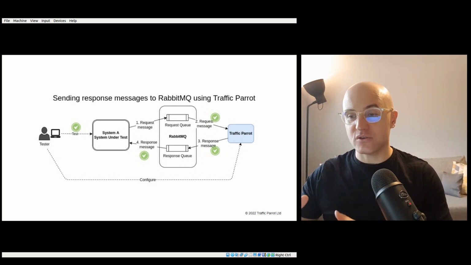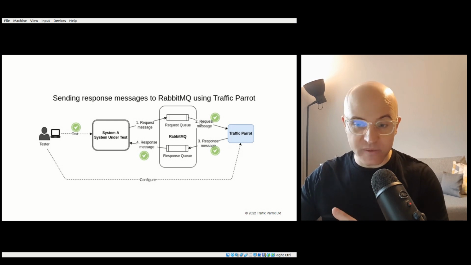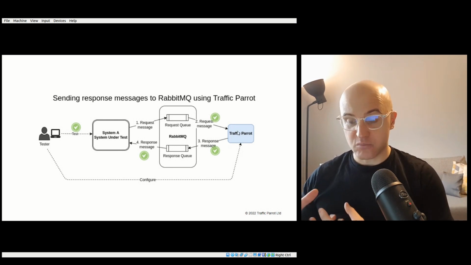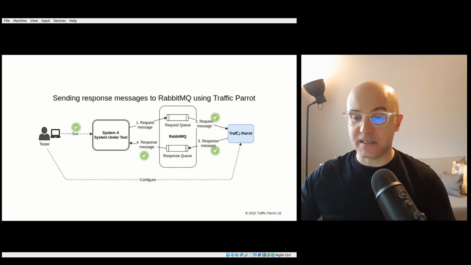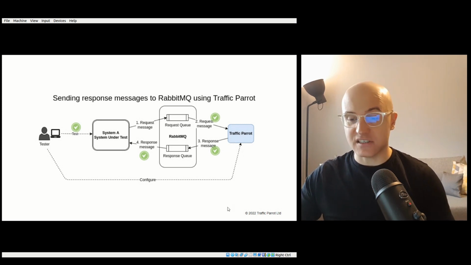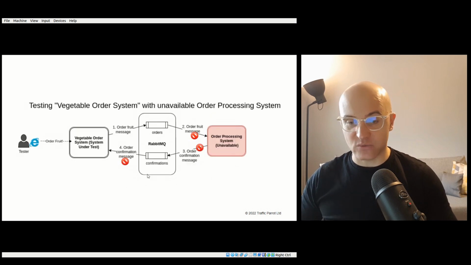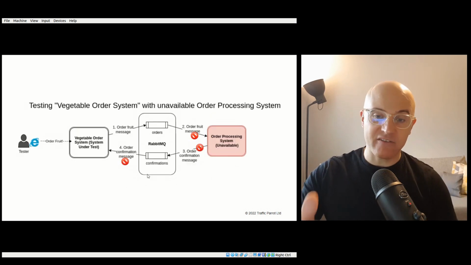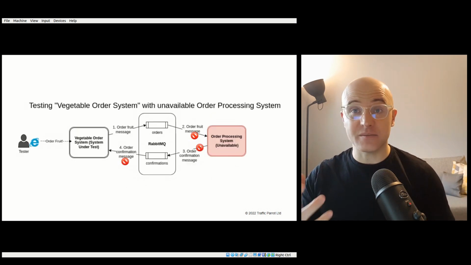So in this case, we're using Traffic Parrot. Traffic Parrot will be consuming those request messages, doing processing and producing the response messages. And the way it does this processing or creates the response messages is based on the configuration we've provided it with. So in our example here, we're going to have a vegetable order system, our system under test,